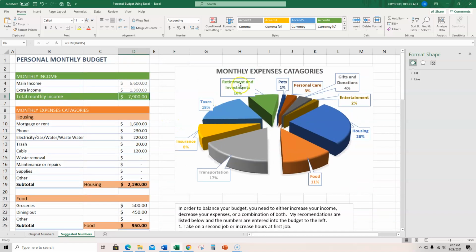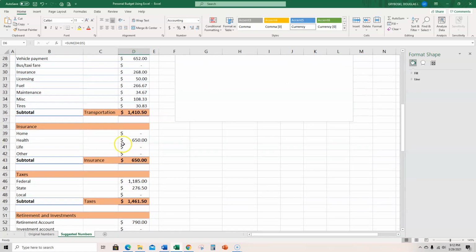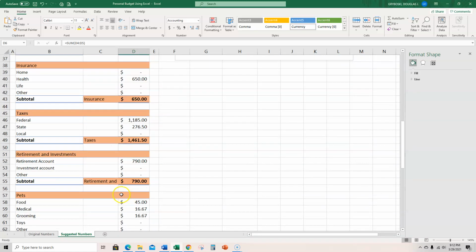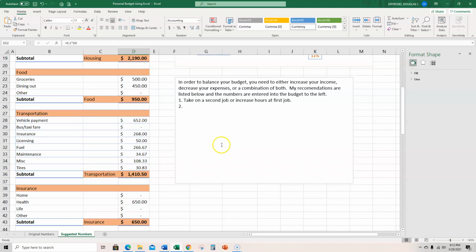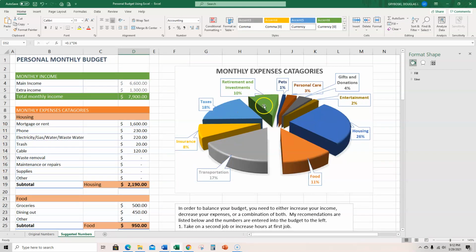Check it out. Now the retirement goes up to 10%, because before you'd be like, why was it only 8%? Well, because I made the multiplication of 10%. So how does that make any sense? Because if you look at the formula, it's 0.1, which is 10%. And it kept saying 8%, and that bugged me the very first time I did this. And I'm like, what the heck? Because it's 8% of your total spending. But remember, the total spending was bigger than your monthly income. But now that your monthly income is bigger, see, now it's a full 10% of your monthly income. So anyway,